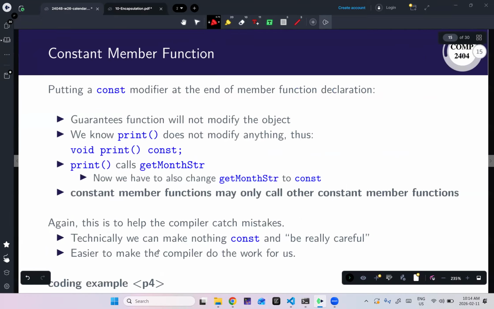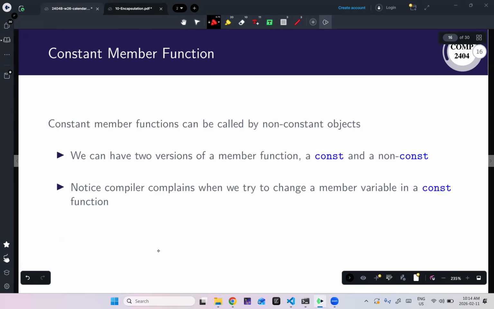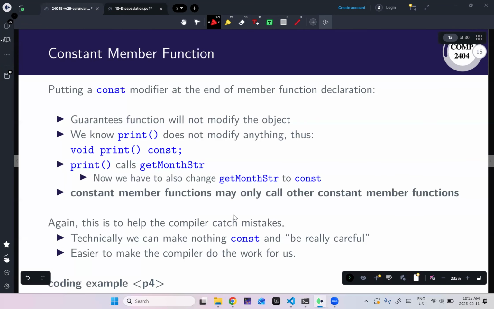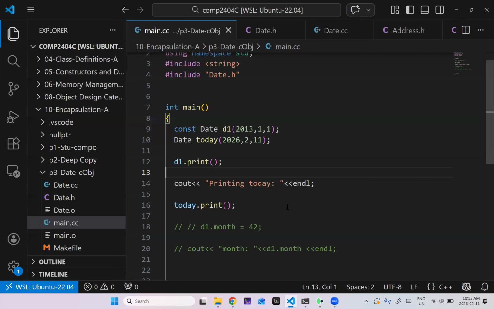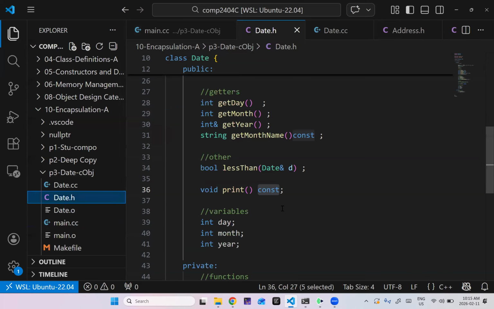So for assignment purposes, there's a few simple ones that you should do. And if you want to do more, that's on you. But in terms of making functions const,